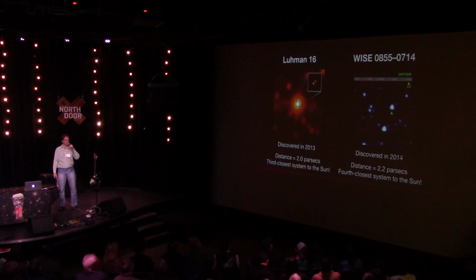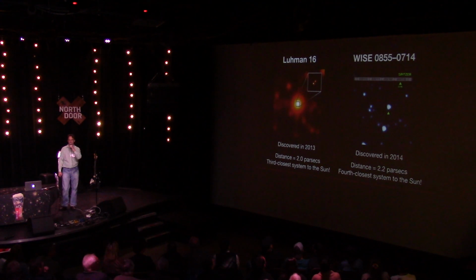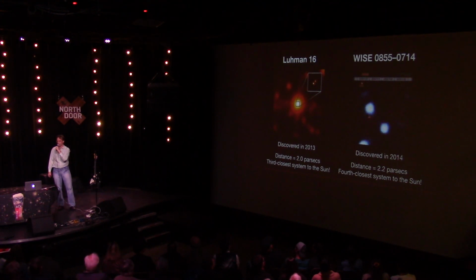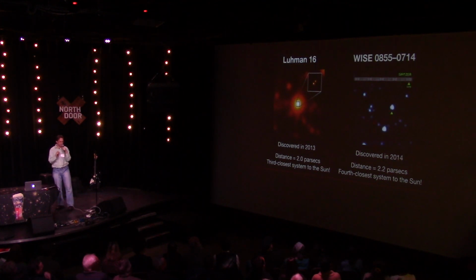And if it were at 4 parsecs, we would never have detected it. It's just too faint. I believe it's the tip of an iceberg. There are a lot of these cold, faint brown dwarfs out there that we just have not found yet. And they hold a secret answer